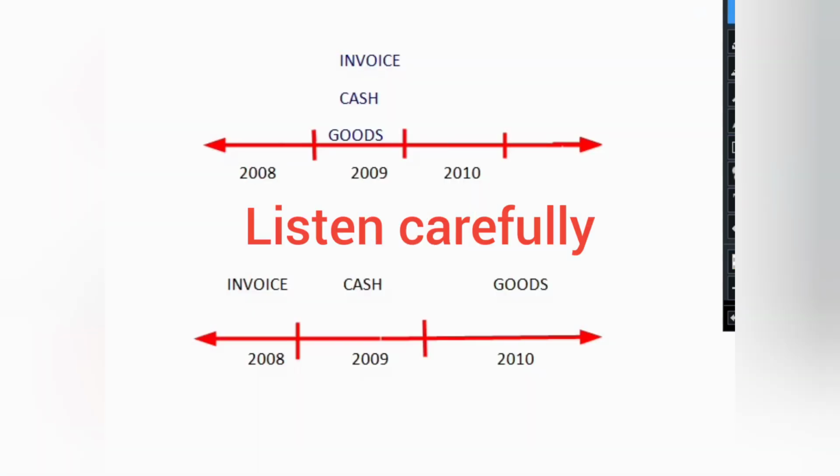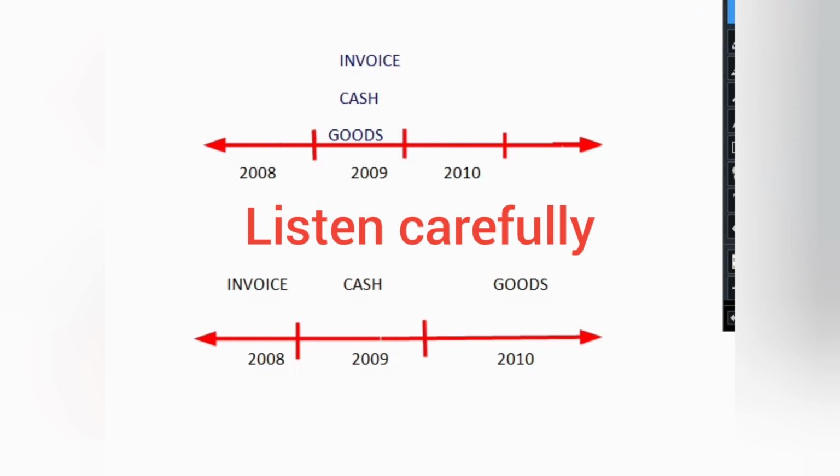Okay, let's go through a normal business transaction. Generally, a transaction involves two parties. One is the buyer, another one is the seller. And generally, a transaction involves goods or services, cash payment, and an invoice. These transactions may be completed within one accounting period, or parts of the transaction may involve more than one accounting period. Okay, let's go through the diagram.